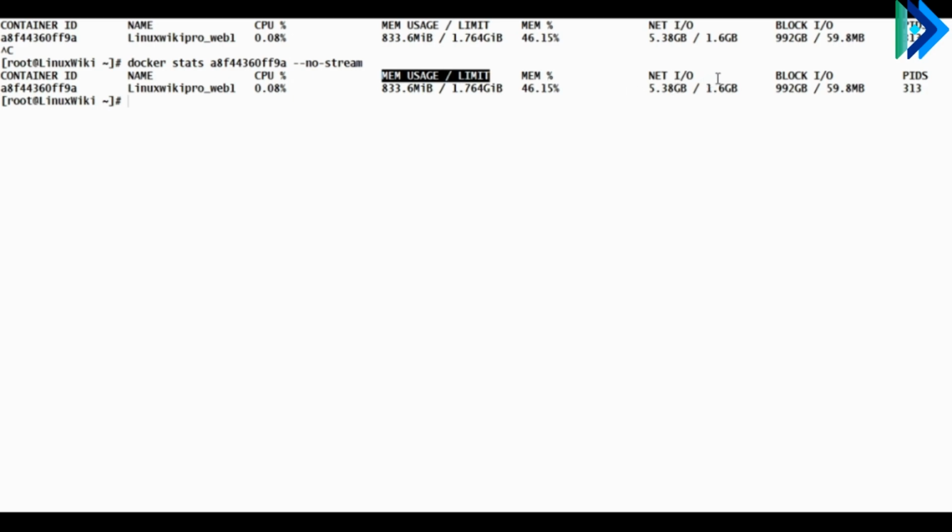Net IO is the amount of data the container has sent and received over its network interface. Block IO is the amount of data the container has read and written to block devices on the host. PIDs is the number of processes or threads the container has created.